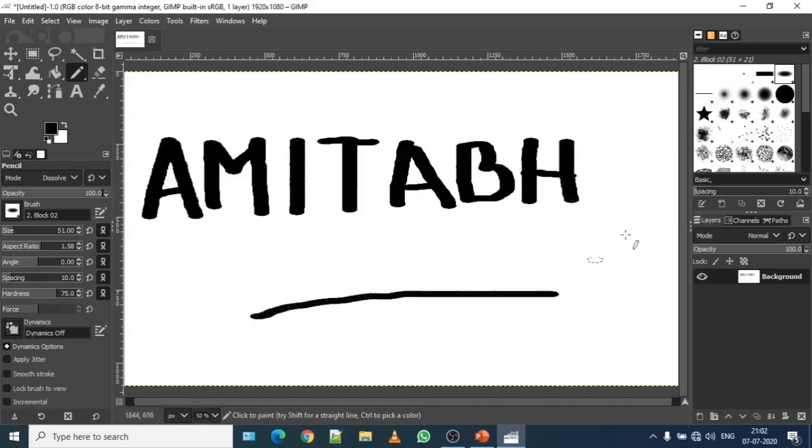So if you look on the right hand side, there are different shapes of your brush selection. So I chose this oval type brush to create this particular font style. You can choose this one also. Let's say I'm writing my surname as Ghosh.